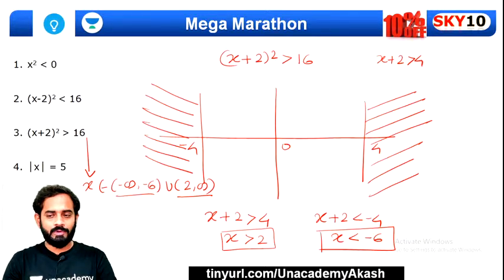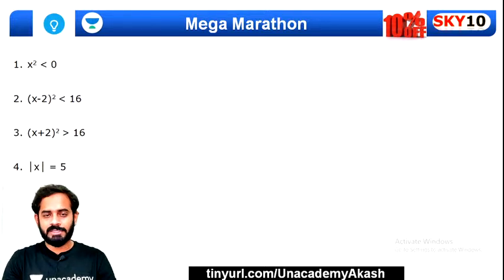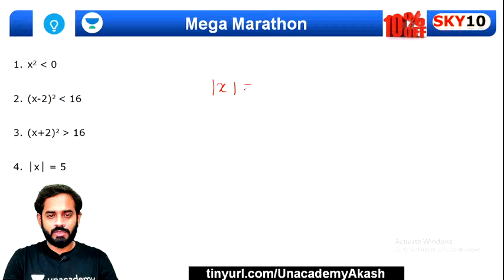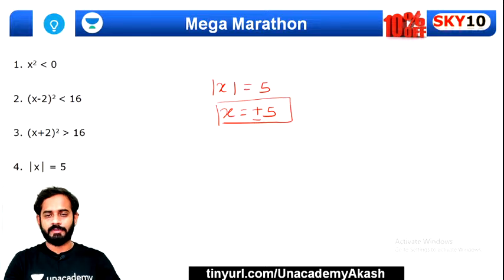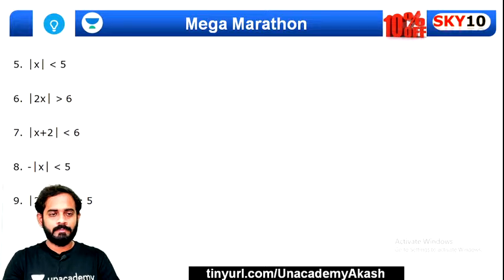Now let's try to solve this fourth one. The fourth one will be what? Mod of any number always opens in two sides. That is, mod of x is equal to 5, then x will be equal to plus minus 5. Very simple. Plus minus 5. Next is